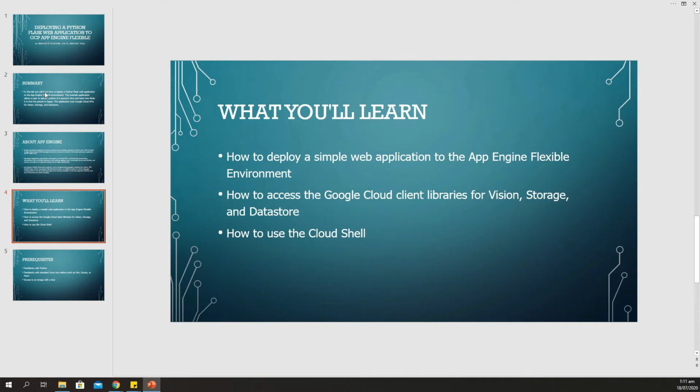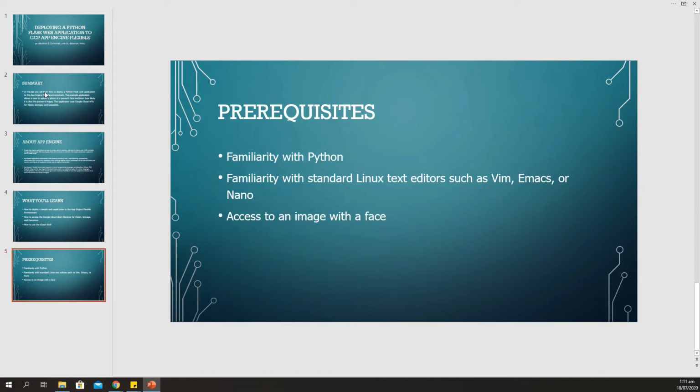We will also learn how to use Cloud Shell. Before starting this tutorial, you must know basic Python, some standard Linux commands, and be familiar with a Linux editor like Vim or Nano, and you should have access to an image of a face to test your app.